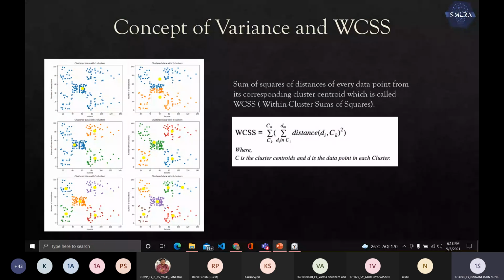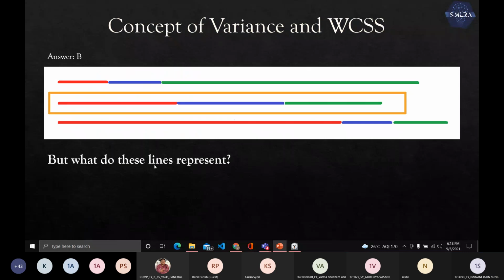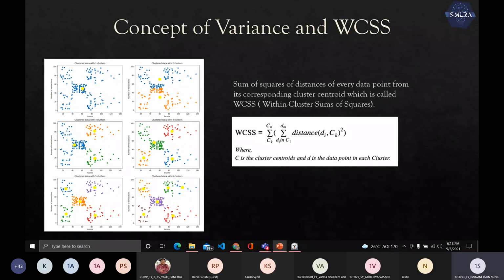As I said, now that we know that we're going to use variance as a way to evaluate our clusters, the method for calculating variance in this particular case will be WCSS, within cluster sum of squares. The name says it all. What it does is calculate the sum of squares from the centroid to each data point for each cluster. The formula is here. It's pretty simple. If anybody has any doubts on this particular part of variance and WCSS, please speak up, because this is the most important part of the k-means clustering algorithm, deciding how to evaluate unsupervised problems, right?